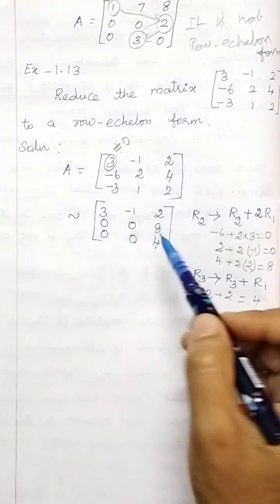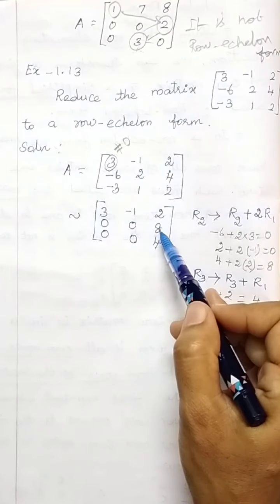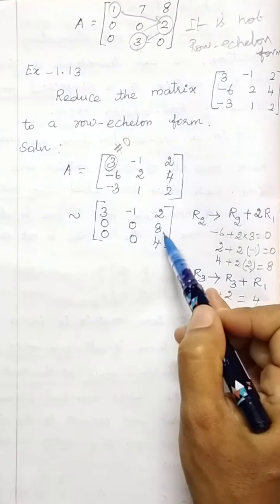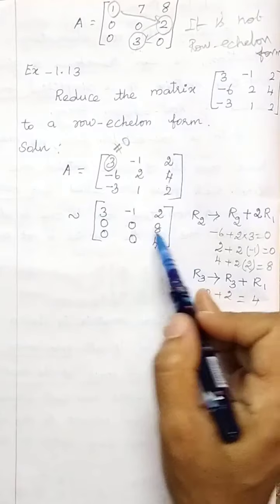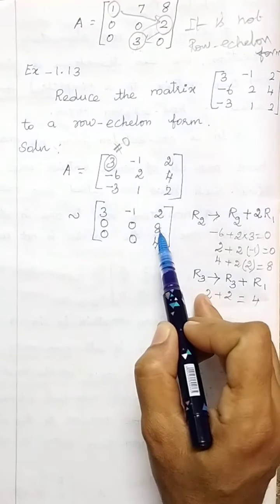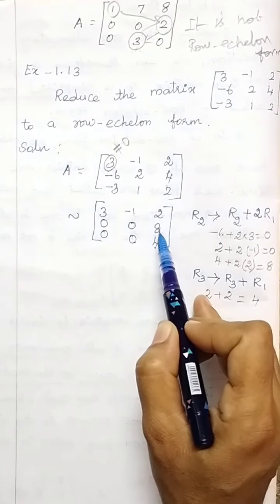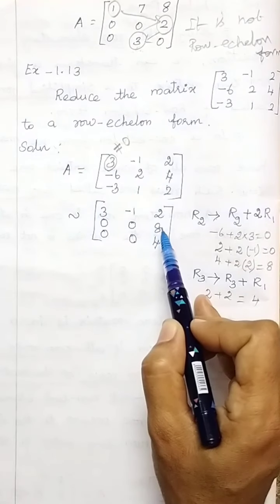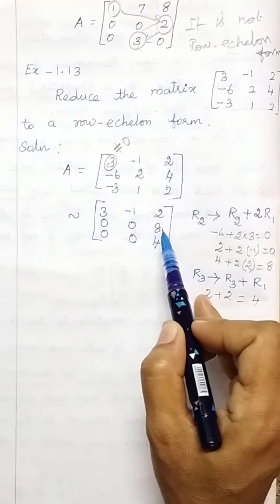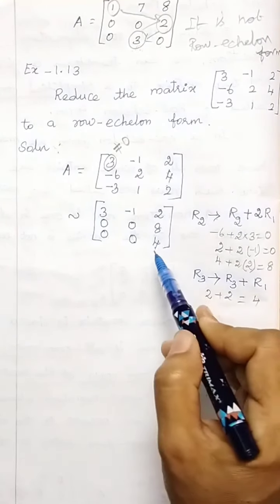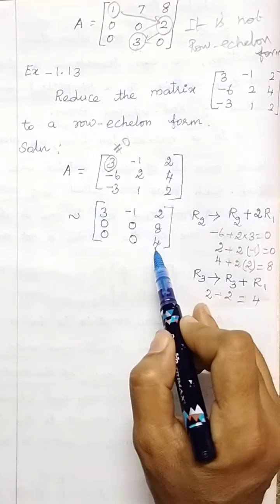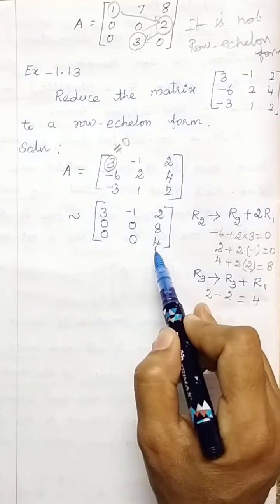So, we try to make these values also 0. But our R2 value, this one, second row column value does not change to 0. So, next, you think your third row, third column value